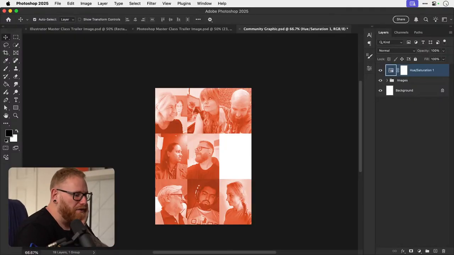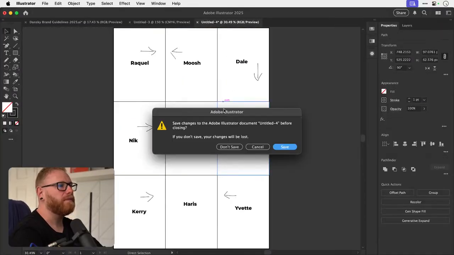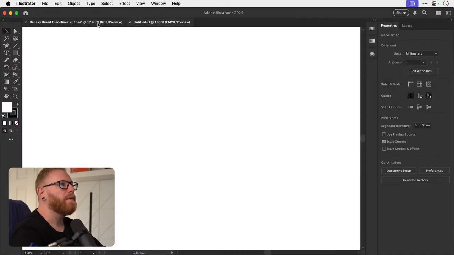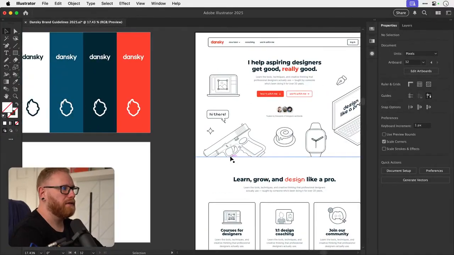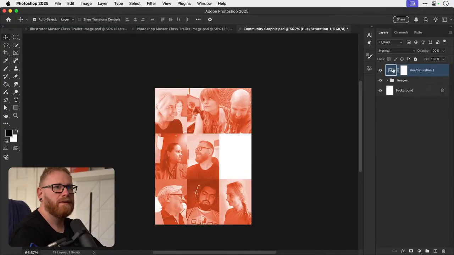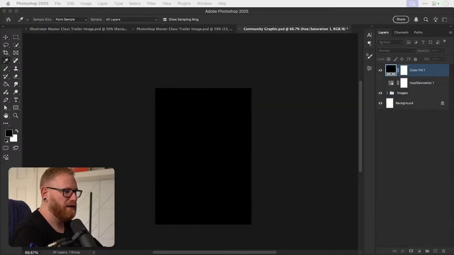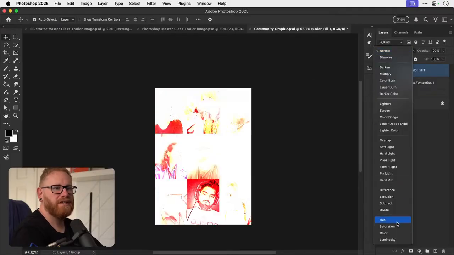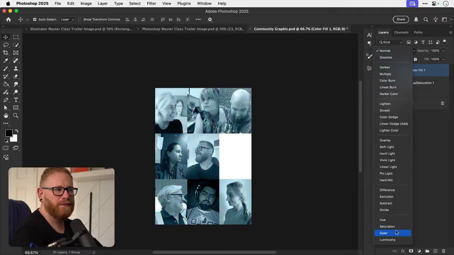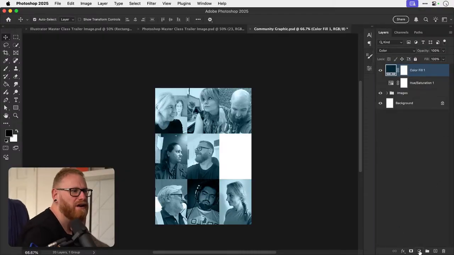I think there is actually one on the Framer site. So down the bottom here, there is like a fade, so the text does stand out. In fact, I could even grab this color here and we could try that. So if we add a solid color layer and change the blending mode to color, that could fit. And then it will have the dark sort of fade at the bottom.